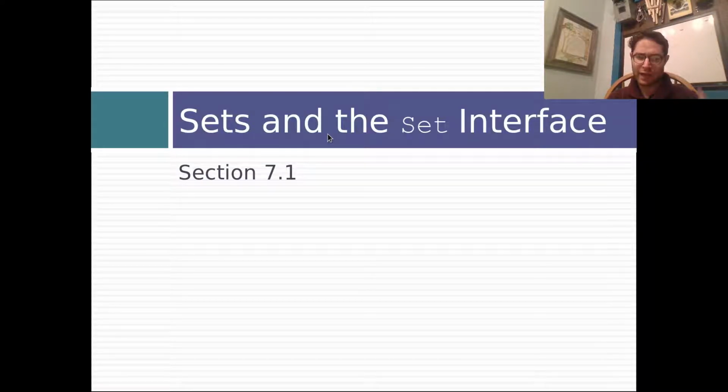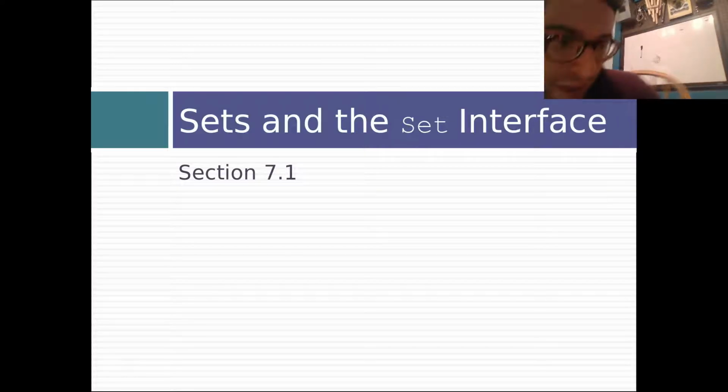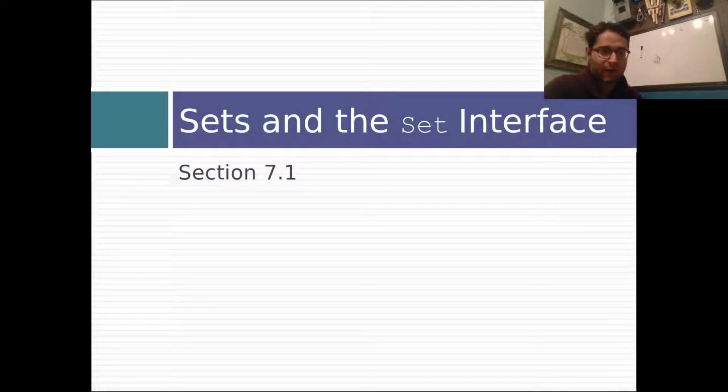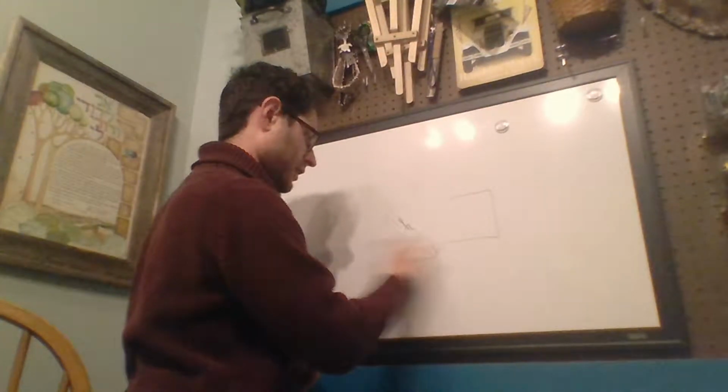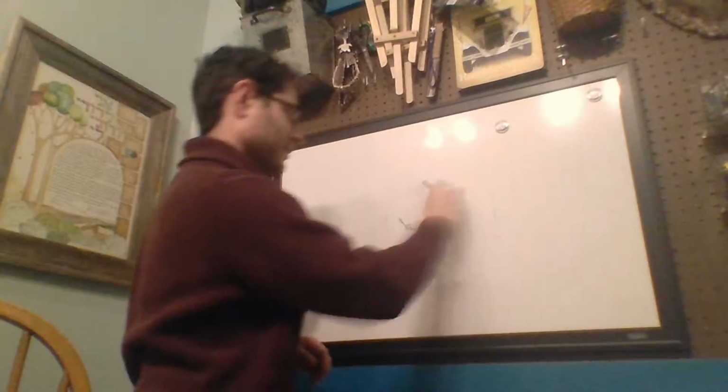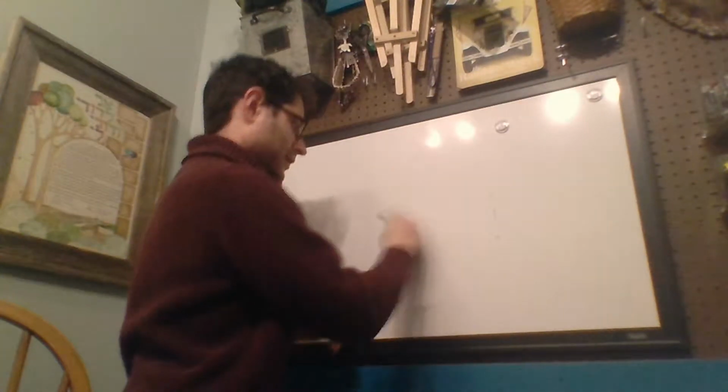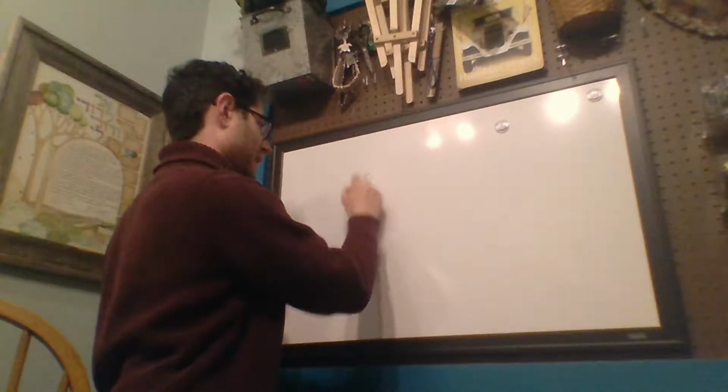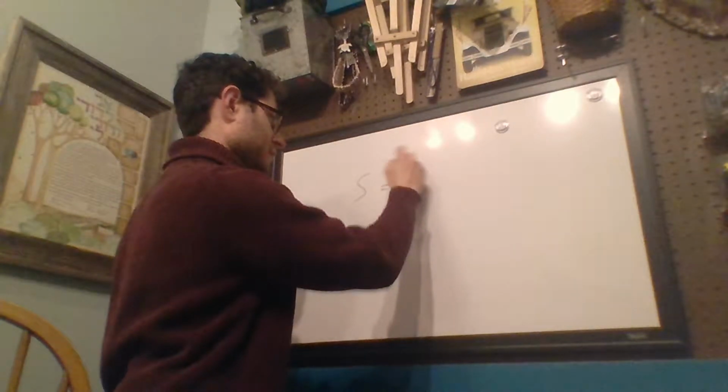So for the set, if you've taken your math concepts course, then you probably instinctively know what a set is: a mathematical set, the same type you would see a math teacher write on a board. Let me go ahead and actually write one on the board behind me right now. Let's erase the scribbles that my son left. All right, we could say set S is equal to, and then we'd have these curly braces,